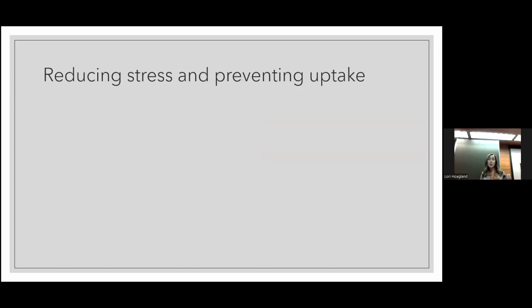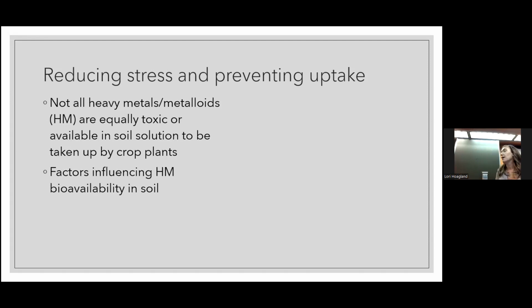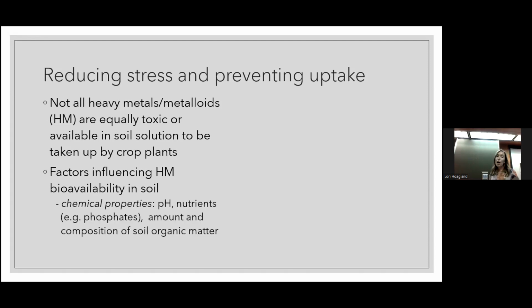Okay, so reducing stress and preventing uptake, there's a number of ways to deal with that. So luckily, not all heavy metals that are in soil are actually bioavailable. So they're not equally toxic. They're not available in solution to be taken up by crop plants. And there's many factors that can influence this heavy metal bioavailability in soil. So a lot of the chemical properties have been much better studied in relation to this. So things like pH, the amount of organic matter, phosphates, things like that in the soil can influence heavy metal